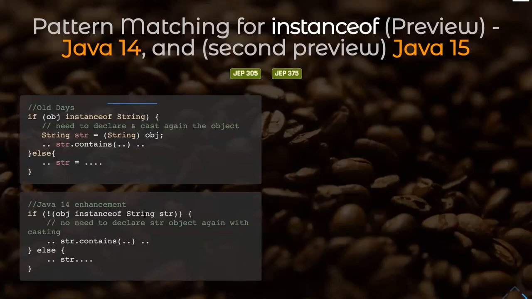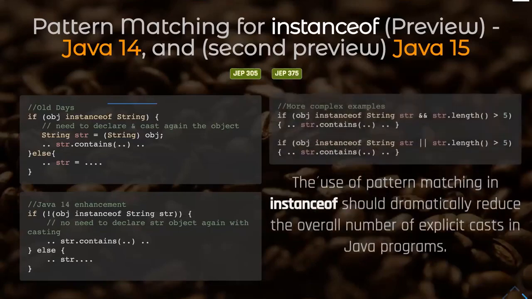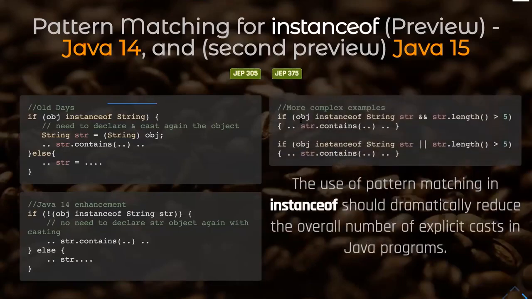If object instanceof String str, you can use it directly because it knows that it's a String, and it casts and makes the condition. If it's an instance of String, here it is. You can use it directly without any kind of casting as we do here. The casting will be done automatically. And also for more complex cases, you can write it like this, instanceof String, and you can use the string even after the first declaration inside the compound expression.